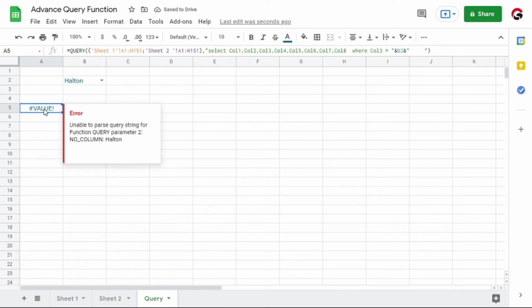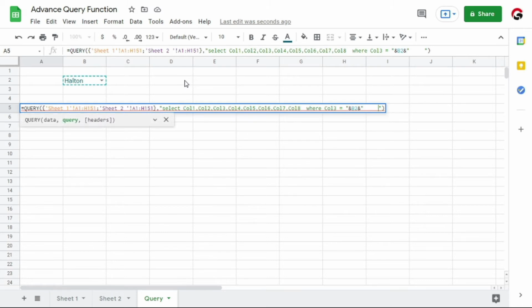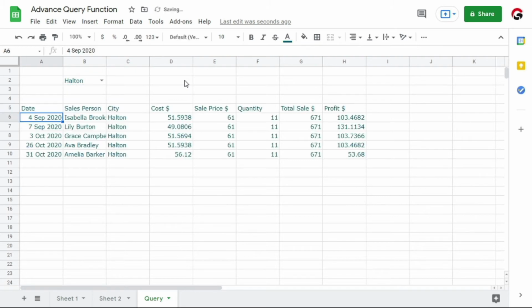One thing you need to take care of is that you start the reference with the double quotation and the ampersand sign, and you close it with the ampersand and the double quotation. Here the query is not working because the input value is text and we have given it the reference of a number. To make it text, you have to write a single quotation before and at the end of this reference, like I am doing now, and hit enter.